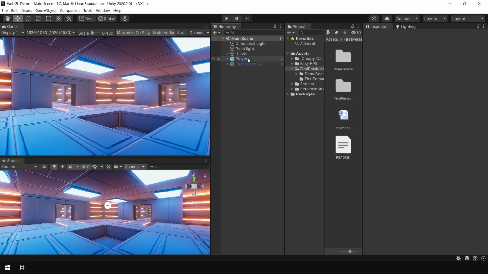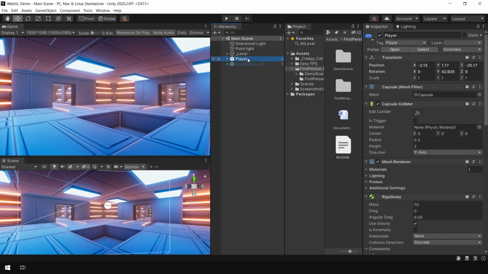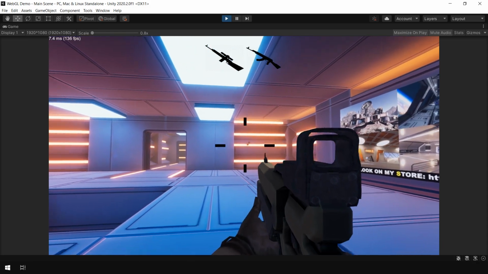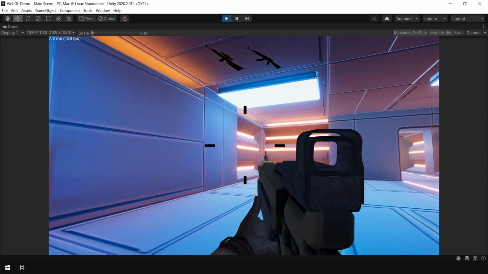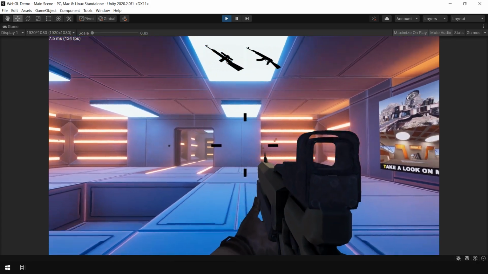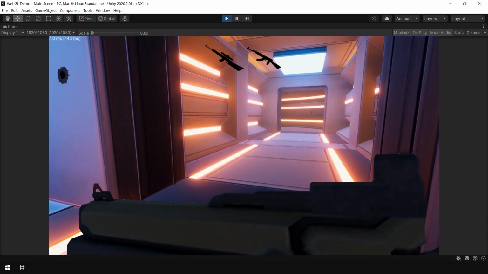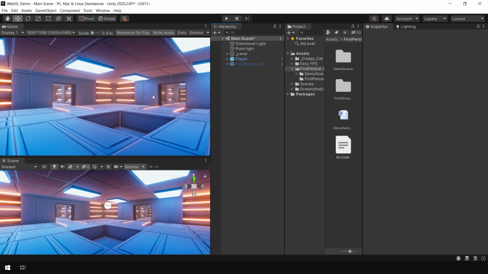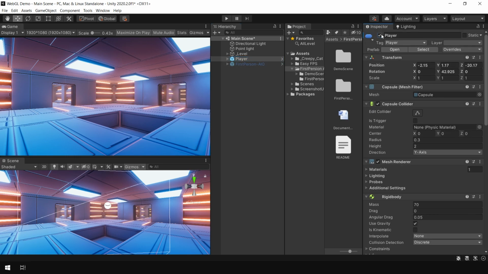Let's also take a look at these two controllers. So the first one is Plate controller. If I play the game, you can see now we have a gun. Let's suppose this is your game that you want to upload on itch.io or any other online platform and share with other people. Or let's assume this is your architecture project that you want to share with your client using WebGL build. In that case, we can use the second one.